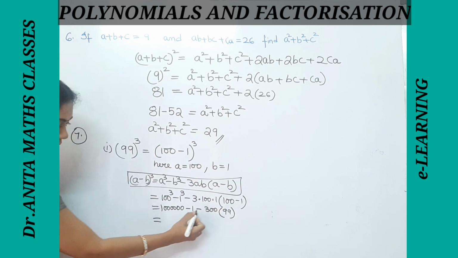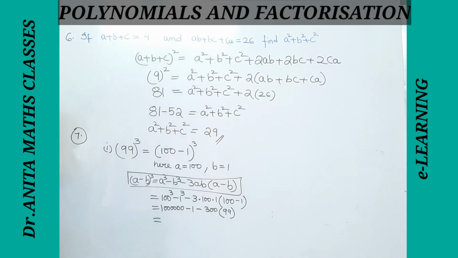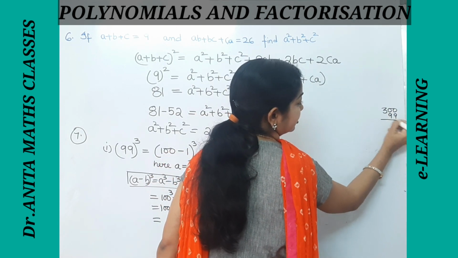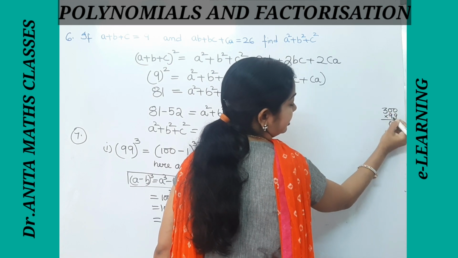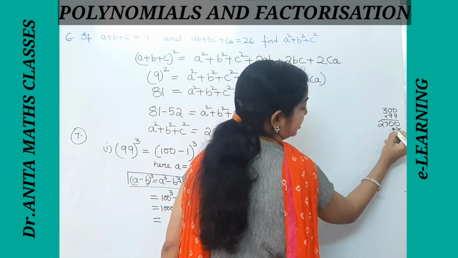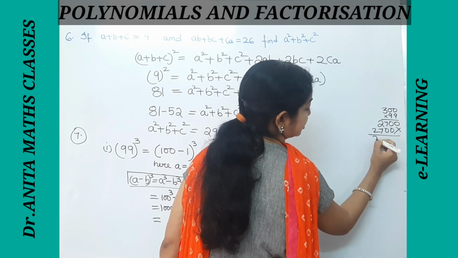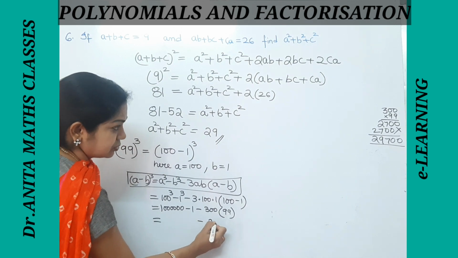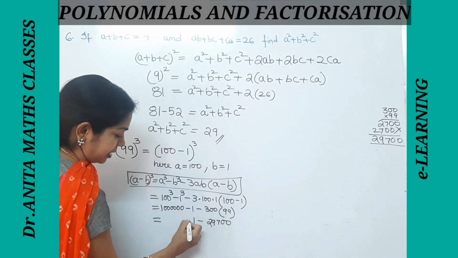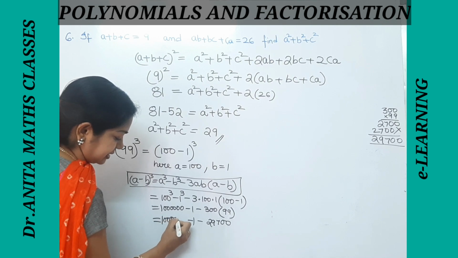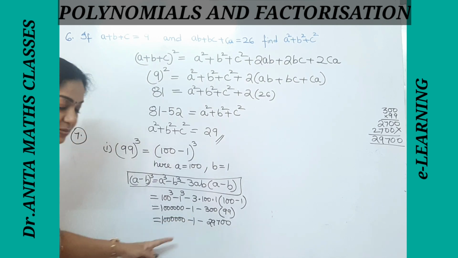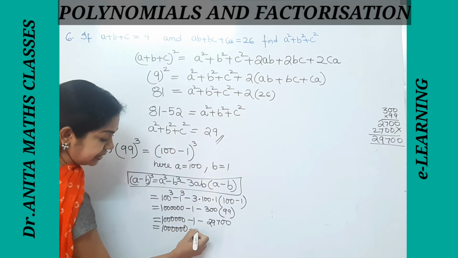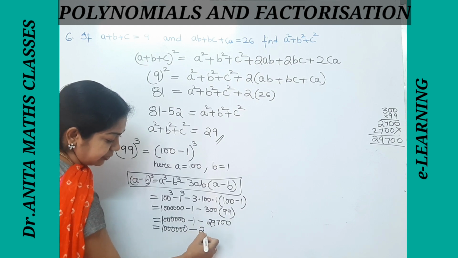Right. Here we have 300 into 99. Do that in the rough part. 300 into 99. So 9 times 3 is 27, and the similar way you get 0072. So that is 29700. So this is minus 29700, minus 1, and 1 followed by 6 zeros we have. So these two are similar. So this comes to 1 followed by 6 zeros minus 29700 plus 1, which is 29701.